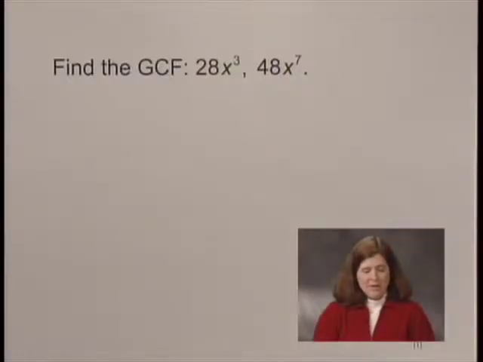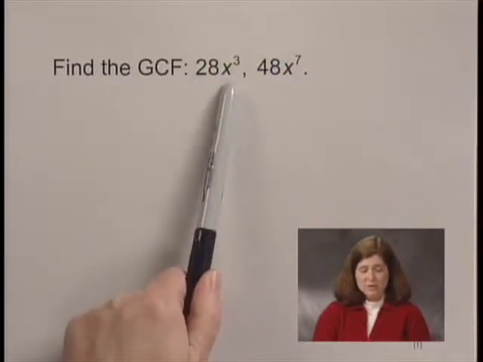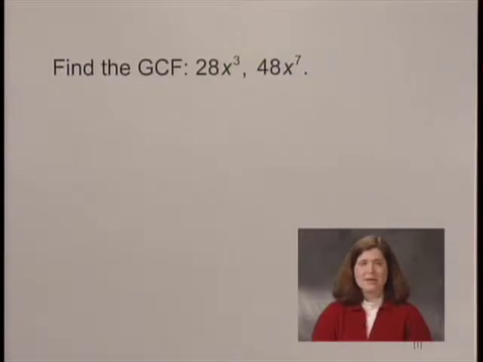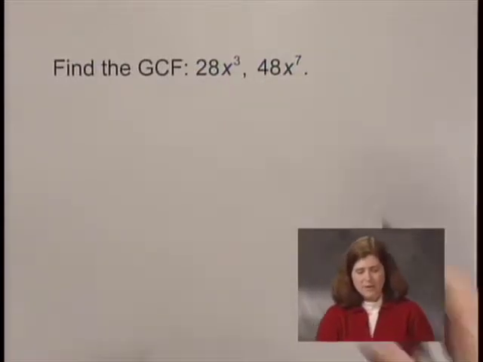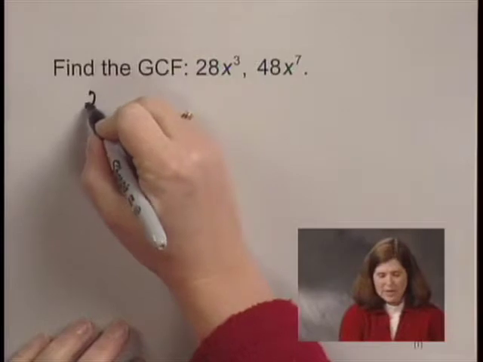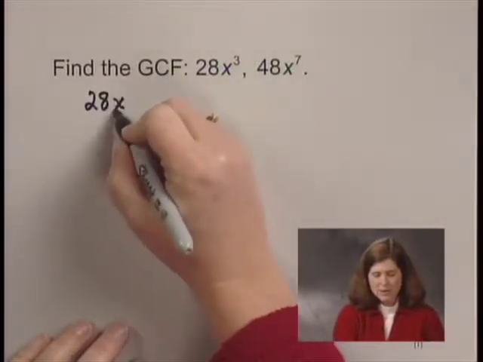In this problem, we'll be looking at a greatest common factor. The problem asks us to find the GCF, which stands for greatest common factor, of 28x cubed and 48x to the 7th. In order to find this greatest common factor, we're going to need to factor the 28 and the 48. I can write 28x cubed,